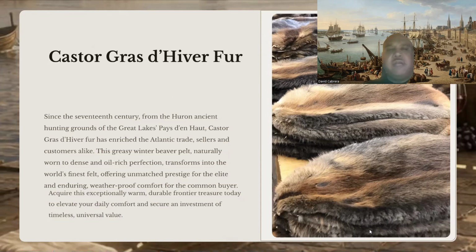We have what we call the castor gras d'hiver, which is a beaver pelt that is specifically extracted from the hinterlands of the Great Lakes in North America, the hunting grounds of the Huron and the Algonquian peoples. So our traders and merchants obtain these pelts from the Indians after they have worn it for several months during the winter, which has the effect of shedding all the extra hard hair that otherwise might itch the skin